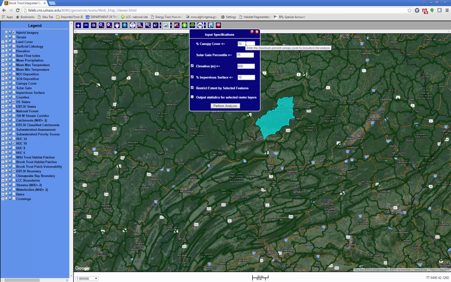And I'll show you how that's designated in the output. Solar gain percentile is the opposite of canopy cover. It is going to select areas greater than or equal to the number you have listed in that parameter. The next two parameters you have are elevation and percent